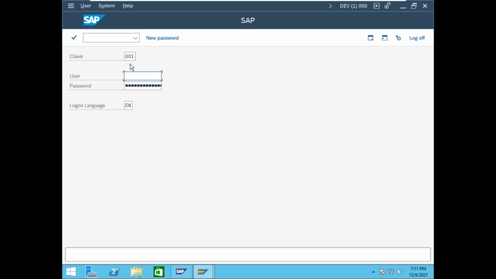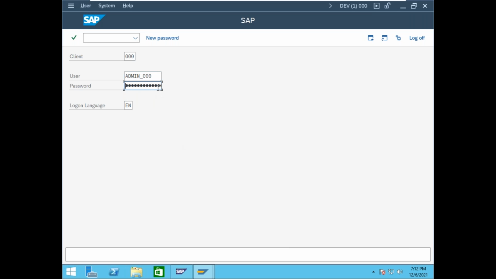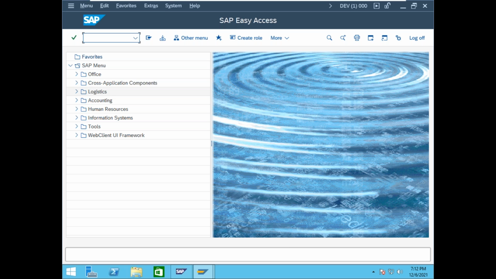I regularly use client 000. Now I want to change the default client from 001 to 000. How to change? First of all, log in with user 000, admin underscore 000, password basis.123. Enter. And go to RZ10.